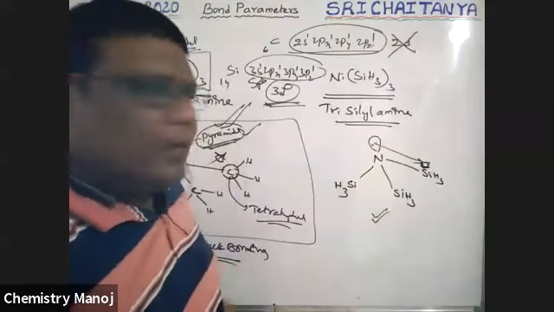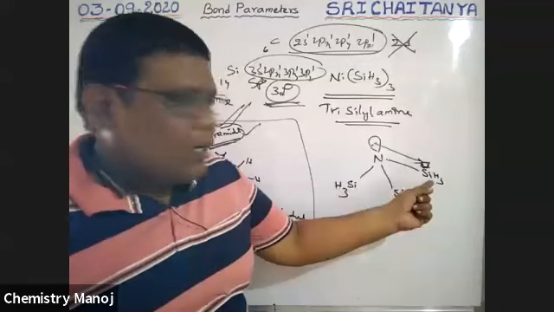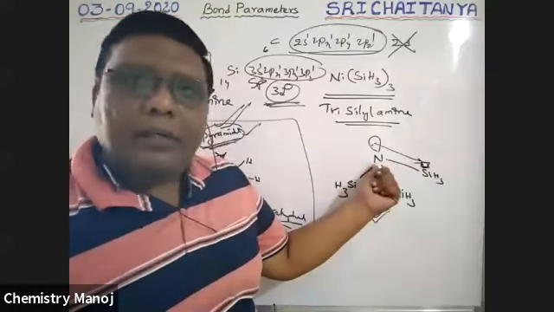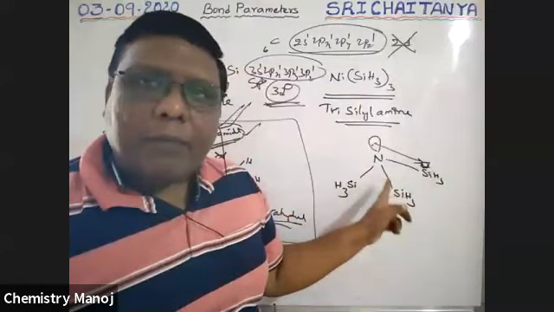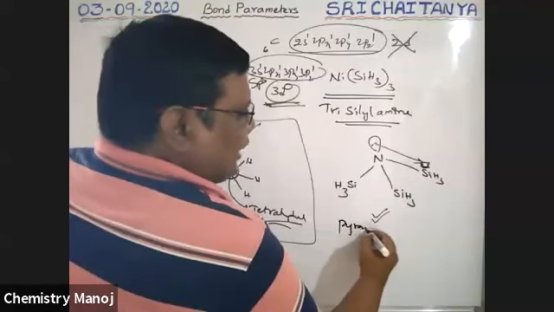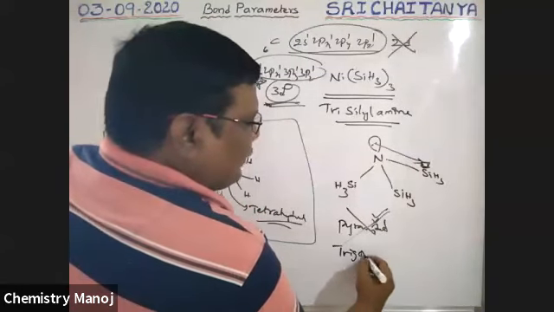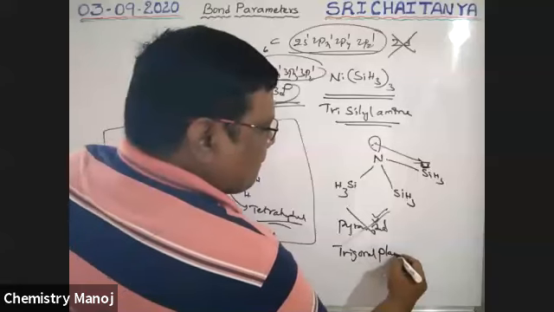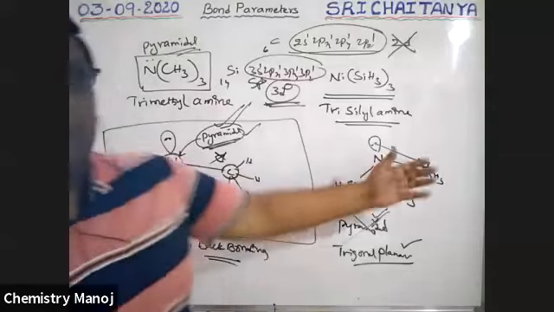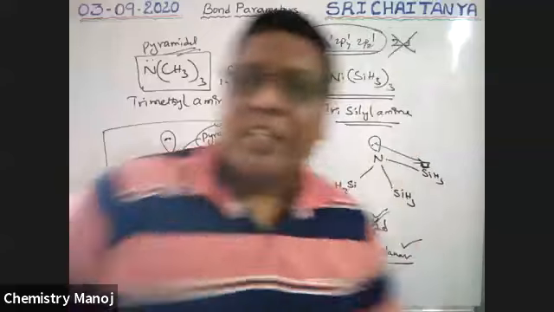Because of this back bonding, the shape of this molecule changes. Nitrogen is pyramidal, and silicon is tetrahedral, just like the methyl group. But because of this back bond formation, the pyramidal shape does not exist; a trigonal planar shape exists instead. Trigonal planar shape is there because of the formation of this back bonding. That means the shape of the molecule has changed. So how am I drawing the structure? See here, boys.